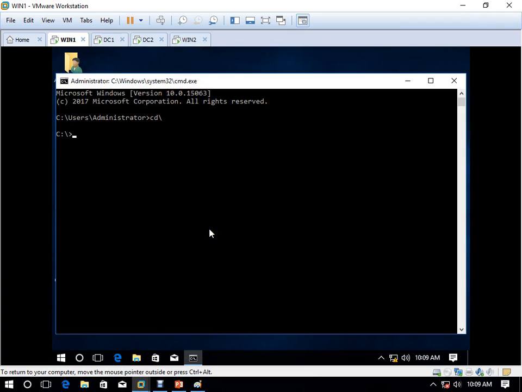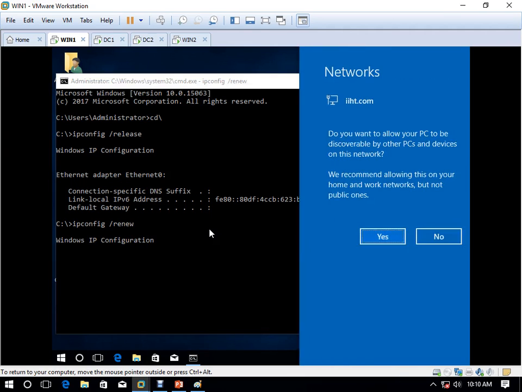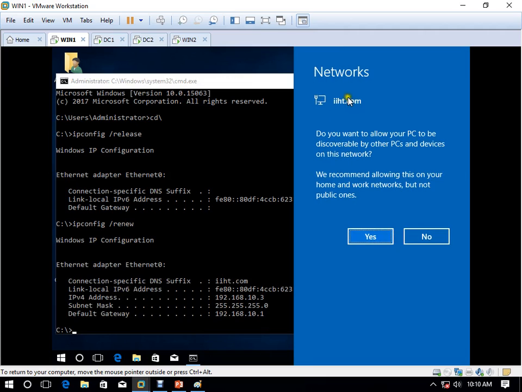Type cd backslash, then type ipconfig /release, and then type ipconfig /renew. If you type renew, you see it's getting an IP from DHCP, iist.com.